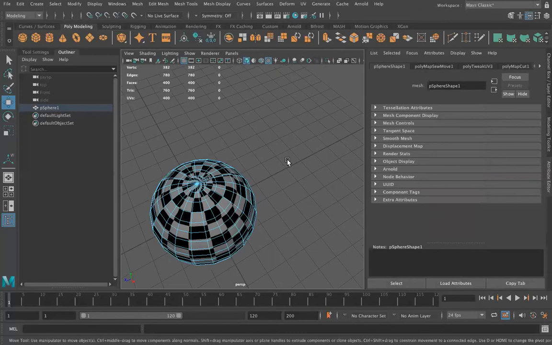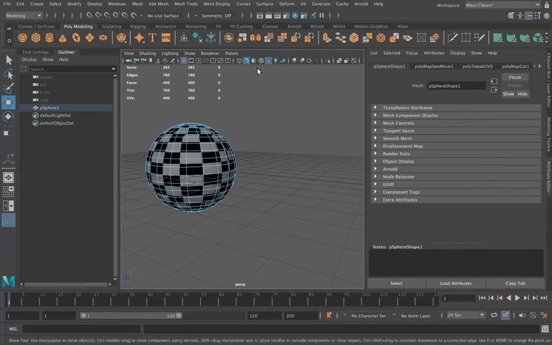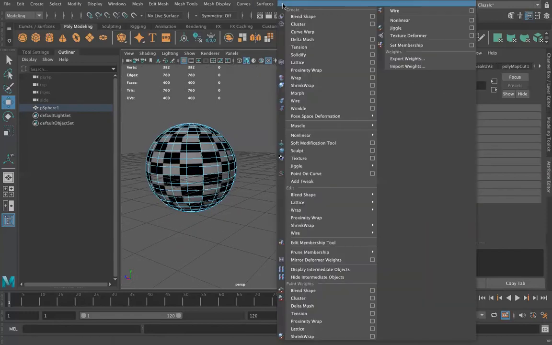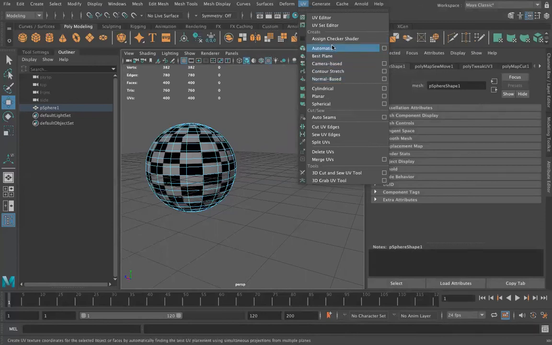So there'll always be a default UV, but if you're going to be applying textures to your model, it's good to lay them out in a manner that makes the most sense for whatever texture you're using and the way that your model looks. So you can use these. You can also create